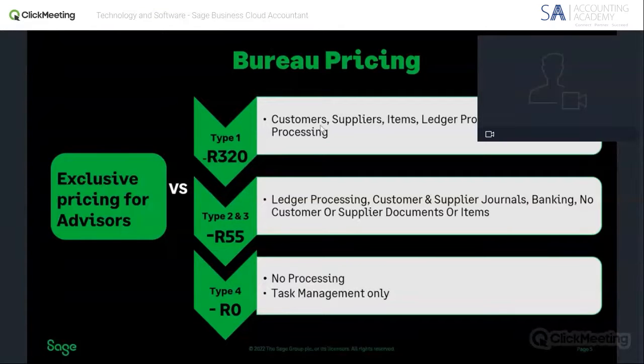So it is a very unique structure, if I can say so, for our accountants. And we're very proud to have this, because we know that a lot of the cloud accounting systems don't have this functionality, and it goes a long way in terms of the final number that you have to pay for the software at the end of the day. It makes it much cheaper for accountants to maintain.